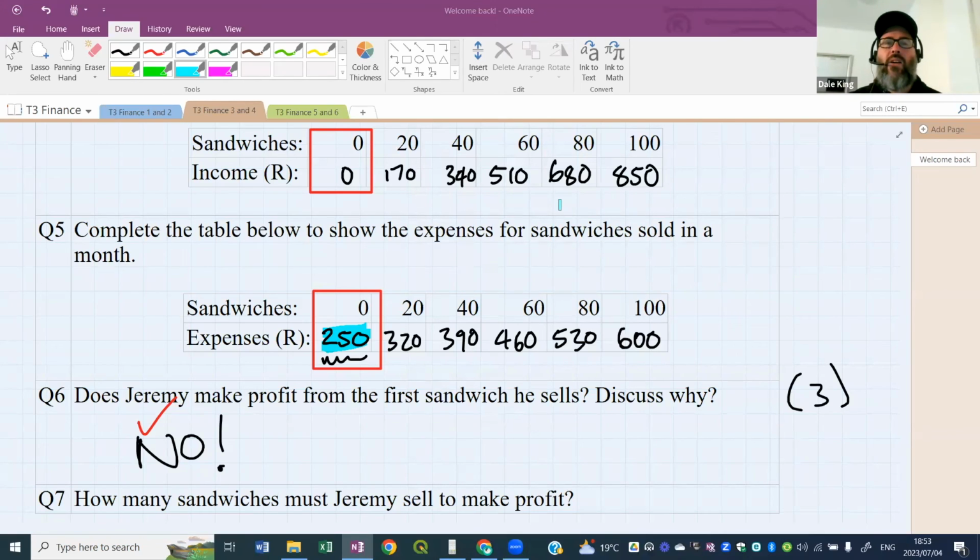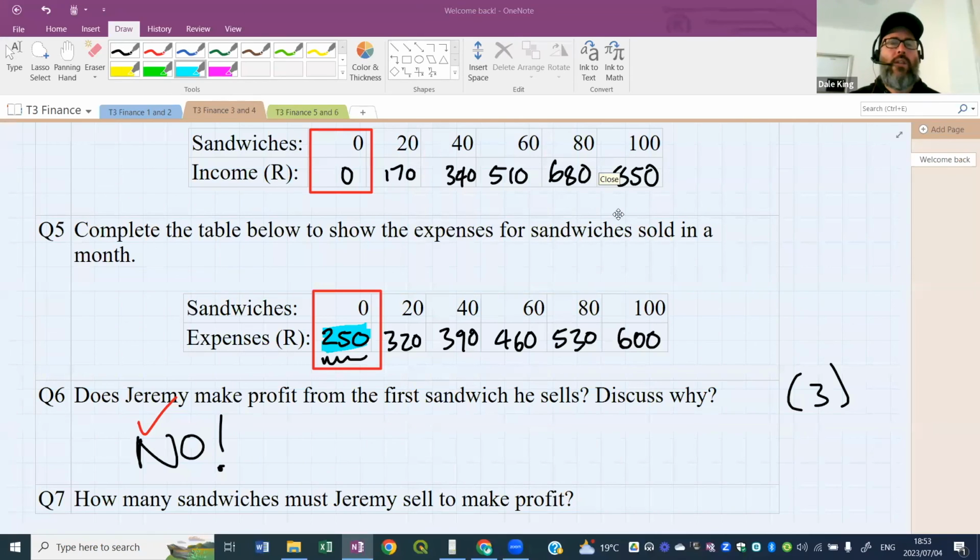All right, so Lomi's with a good answer there. The expenses are high and his income is low for one sandwich. He needs to sell a lot. All right, yes. Okay, you guys are on the right track now. Emmanuel,